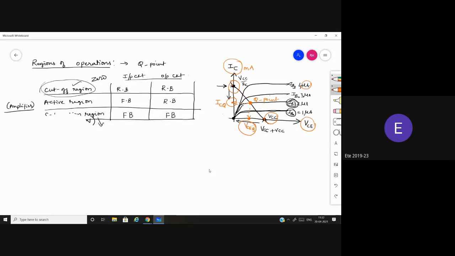This operating point indicates the current operating values of voltage and current, at which value of voltage and current the transistor is working at present. This DC load line, with VCC and IC, indicates the maximum voltage and maximum current the transistor can give out. But this VCC point is possible only under which condition?